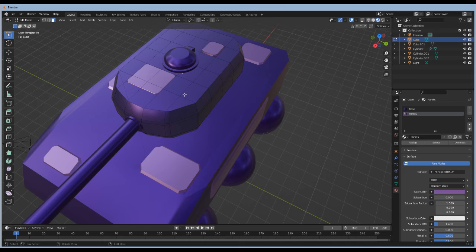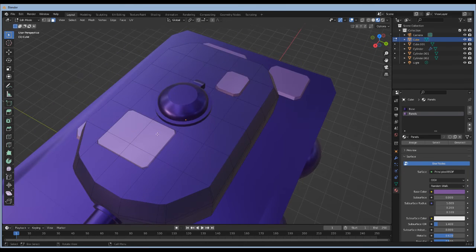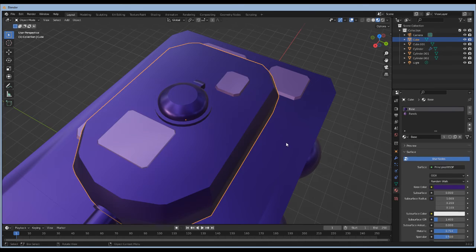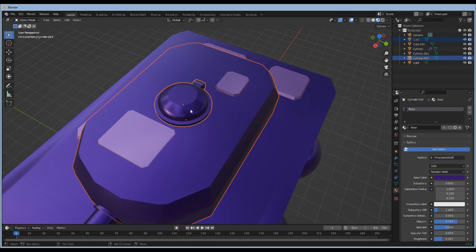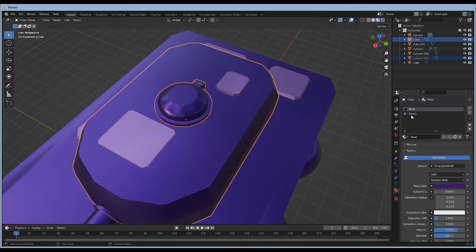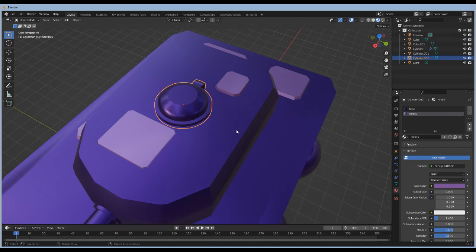Maybe around the rim of the hatch. Yeah, let's give that a shot and we'll see how that ends up looking. Oh. Wrong way. There we go. So we'll go ahead and copy material to selected. And then on this,